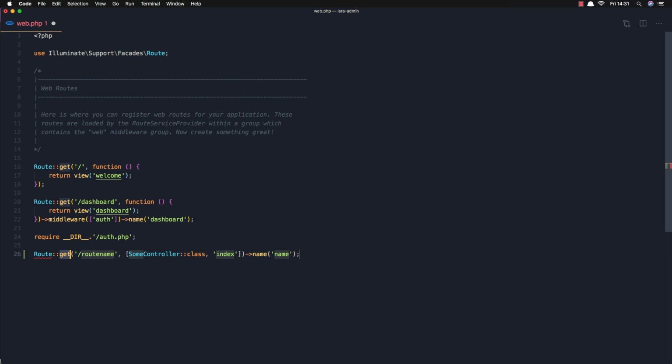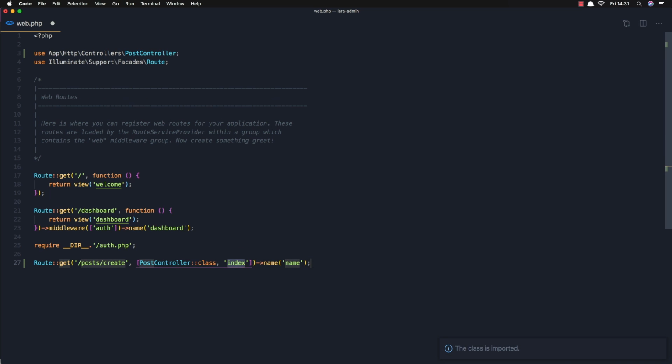Route get and post create. The method is post controller, and make sure you import that. The controller is post controller, the method is create, and the name is going to be post.create. Okay, copy this and create another one,